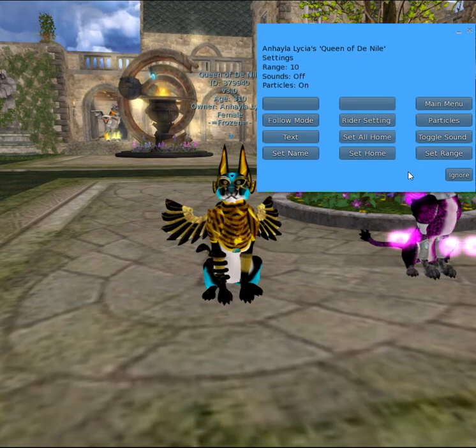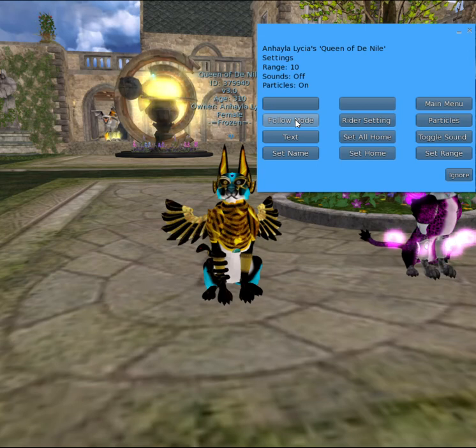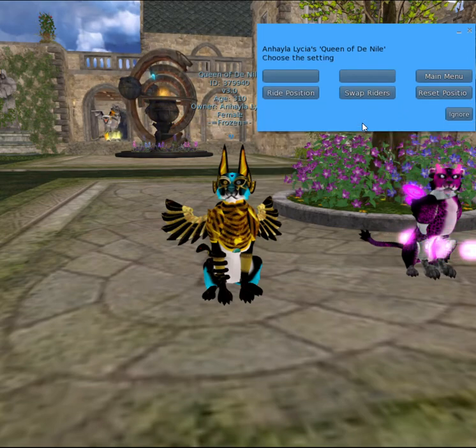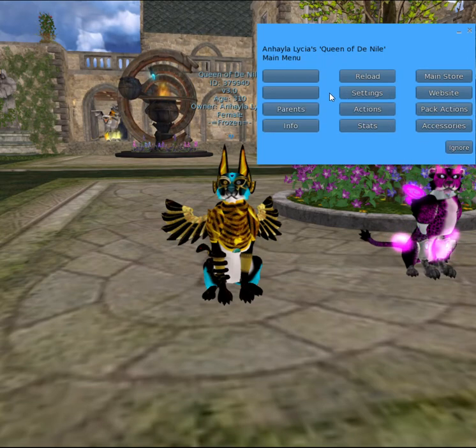So in the settings menu, you can toggle follow mode. Your chimera can follow you, if you choose. Follow mode will change it from single file to 2x2 because you can have multiple chimeras follow you. You can also set your rider settings. Chimeras can carry up to 3 passengers or 3 riders, and you can change the riding positions. You can swap riders, reset positions, things like that. You can also